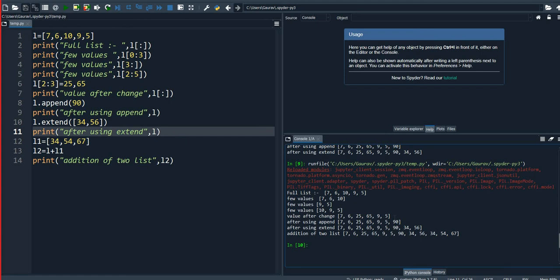Now I'm going to tell you deletion of a list, deletion from the list. Suppose that if you want to delete any element in a list or delete any list, then how will you delete? Let's see.